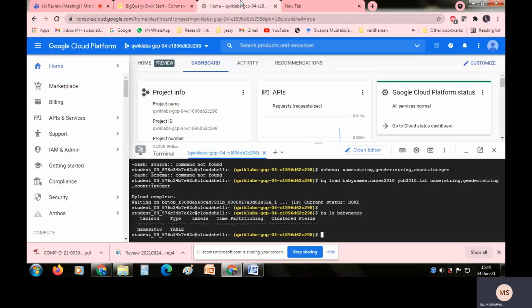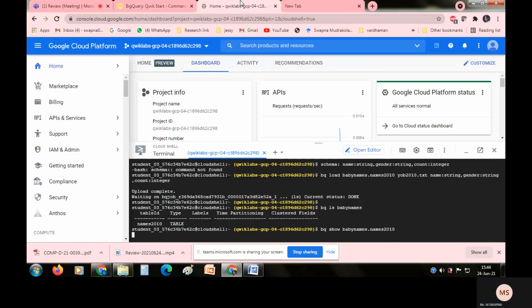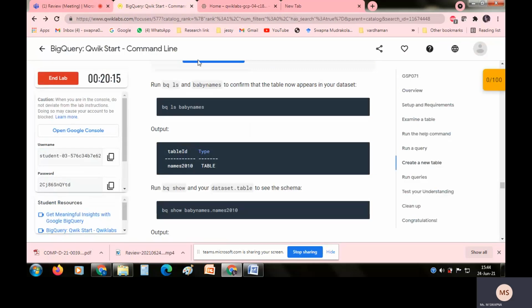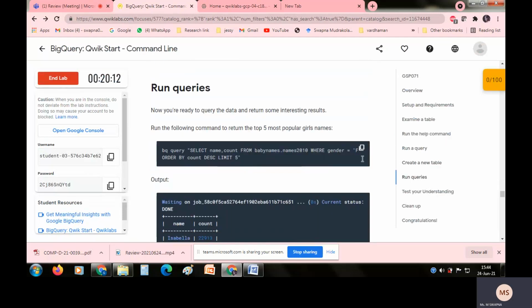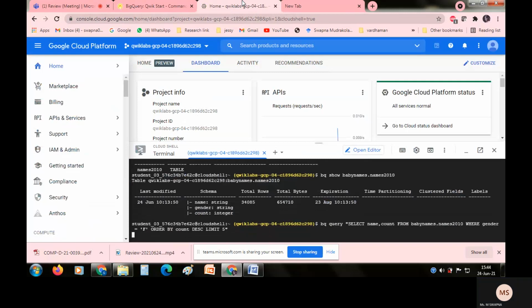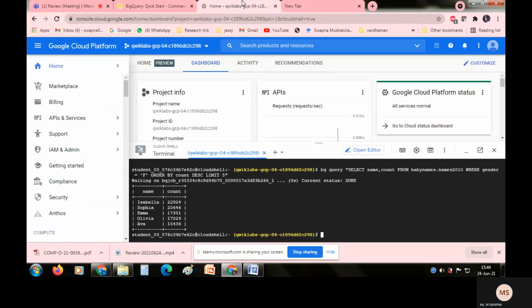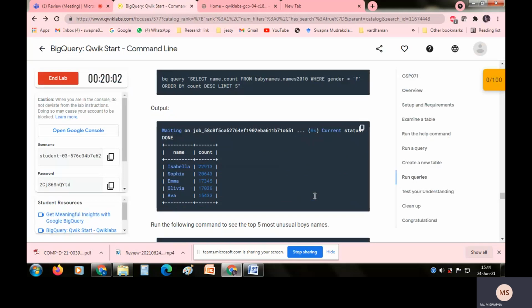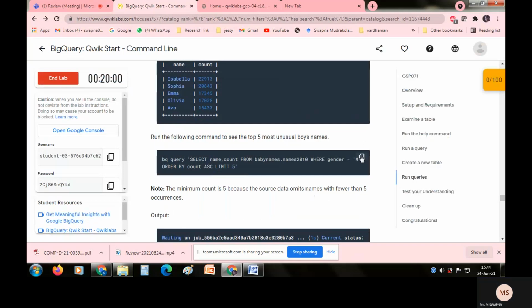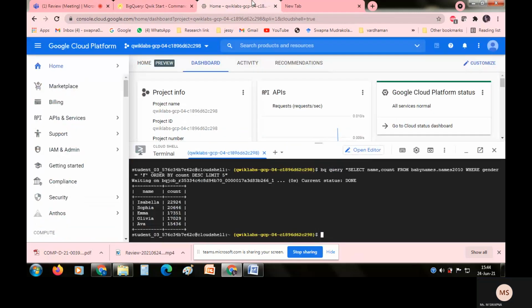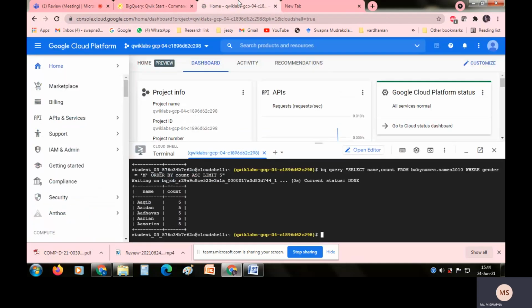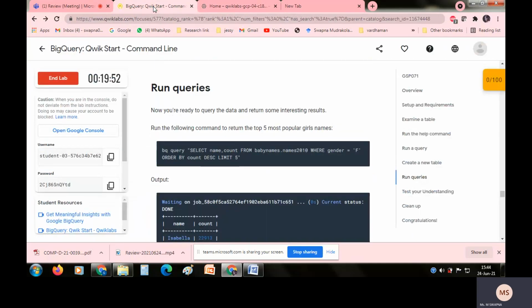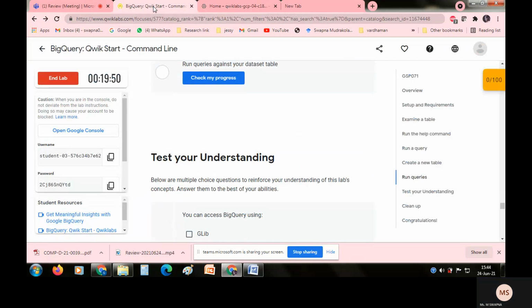You are trying to see the tables in that. The description of the table is also finished, right? You're trying to query female, male, and count, right? Yeah. So you can see that the query is also ready to run. Yes. Successfully, you are able to run the two queries which I have explained to you, right?